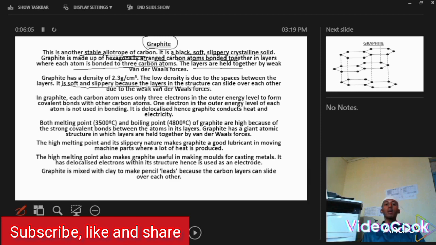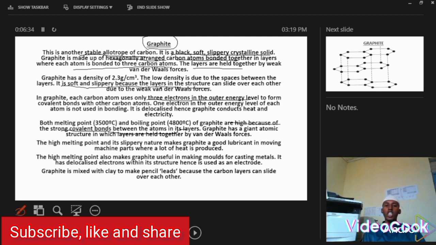In graphite, each carbon atom uses only 3 electrons in the outer energy level to form covalent bonds with other carbon atoms. An electron in the outer energy level of each atom is not used in bonding. It is delocalized, hence graphite conducts heat and electricity. Both the melting point and boiling point of graphite are very high